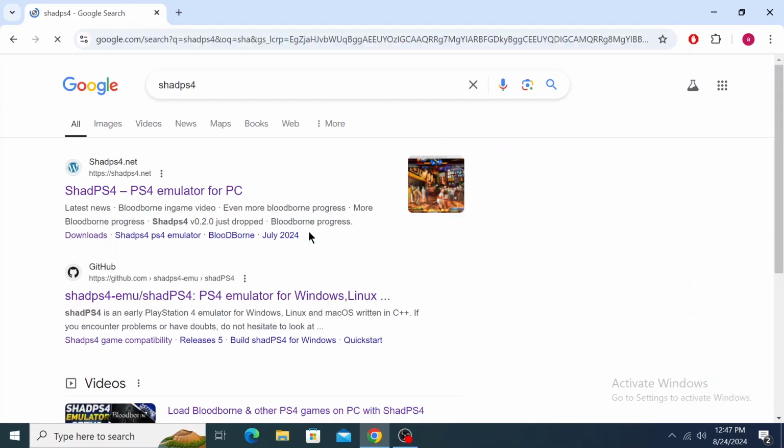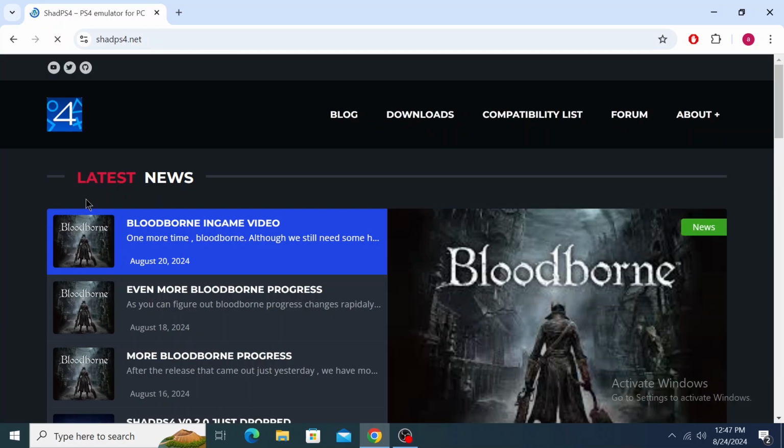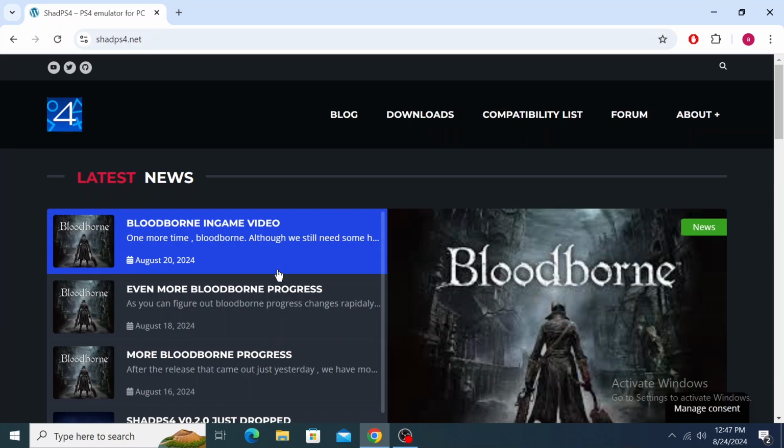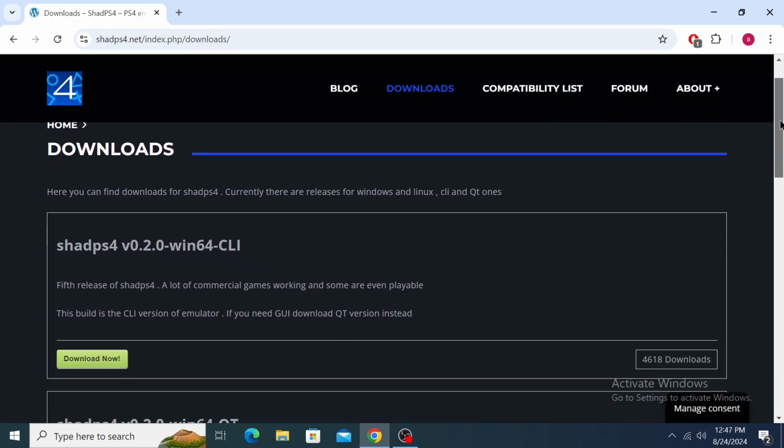and search ShadPS4 and open the first link. This will be the official link, ShadPS4.net. After opening it, go to the download section and download the current build, and